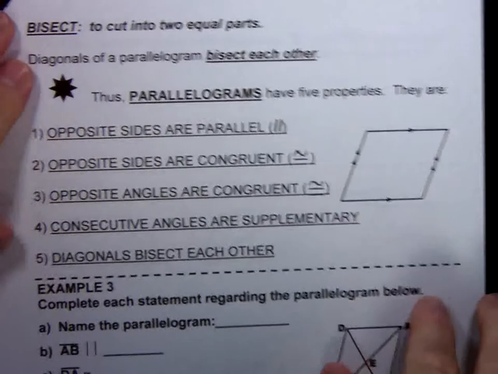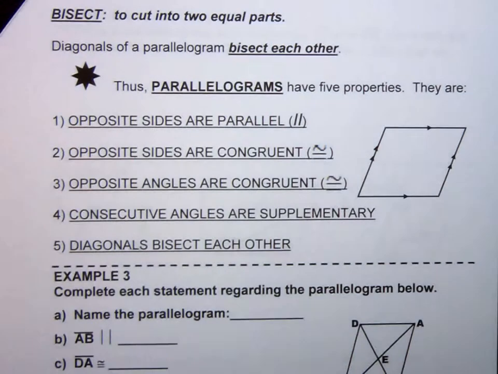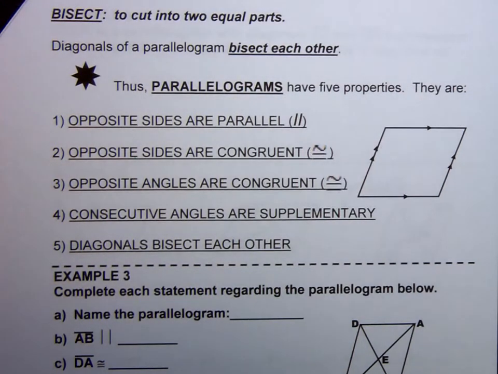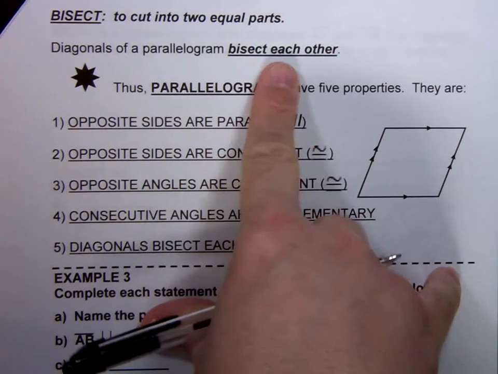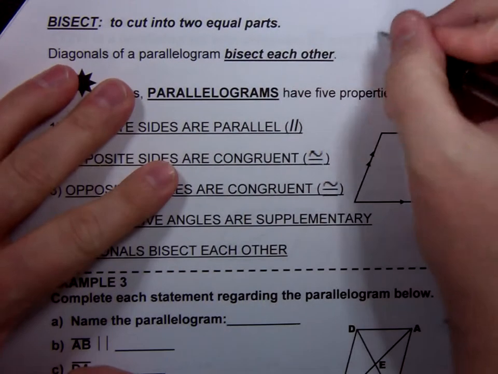Okay, remember the word bisect. We've used that several times this year. It means to cut into 2 equal parts or split into 2 congruent halves. Well, in a parallelogram, the diagonals will bisect each other. In every single parallelogram, the diagonals bisect each other. So what that means is